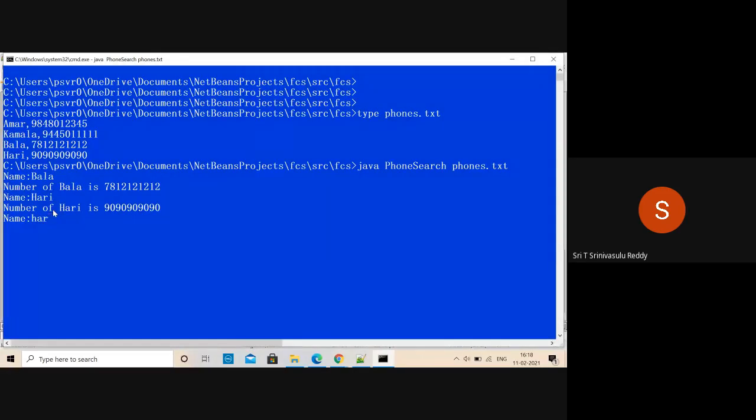If you give hari like this, naturally it says no match, because it is a case sensitive search we are doing. But common sense says that you should actually search case insensitively. That is better. So in such cases, what you have to do is, while storing as well as retrieving, convert the key into any one case, either lowercase or uppercase, and store that. So your key, always convert into lowercase while storing as well as retrieving. Then it's always going to give you the name and the details. You should be able to do that part without any hesitation.